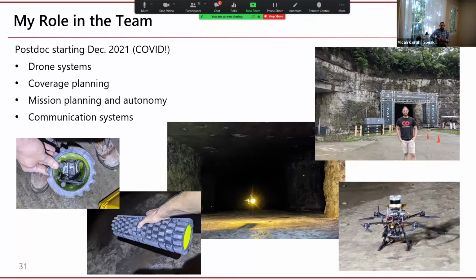One fun little project was this comm roller I have shown on the left, which is actually just one of our comm nodes stuffed inside a regular foam roller, like you might use to relieve stress in your muscles after a particularly intensive workout. While the robots were able to deploy communication nodes on their own, locations weren't always ideal, and any issues with one of the nodes nearest the operator could cause problems for the rest of the network. So this comm roller actually turned out to be pretty useful, as it gave the pit crew another chance to deploy communication nodes near the base station if there were issues with one of the route nodes.